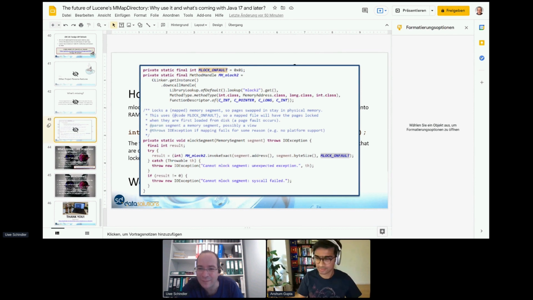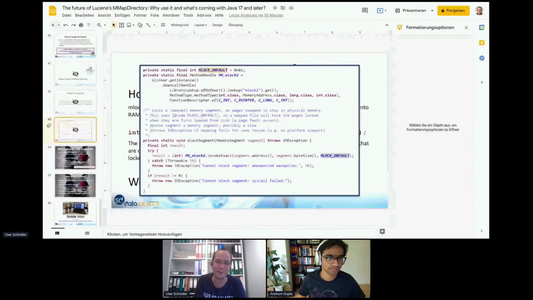Is the memory mapping related code Lucene specific, or can it be extracted to other similar use cases where you read files? I think you can, of course, use that. Inside Lucene, the memory map directory is used for other stuff too. For example, Solr is using it for copying files over, so theoretically over the network. It still reads the file from a directory and serves it. So theoretically, yes, you can use it. Basically, yes, you can do it.